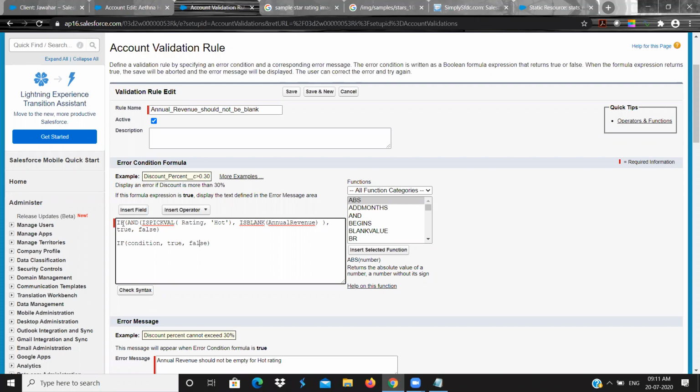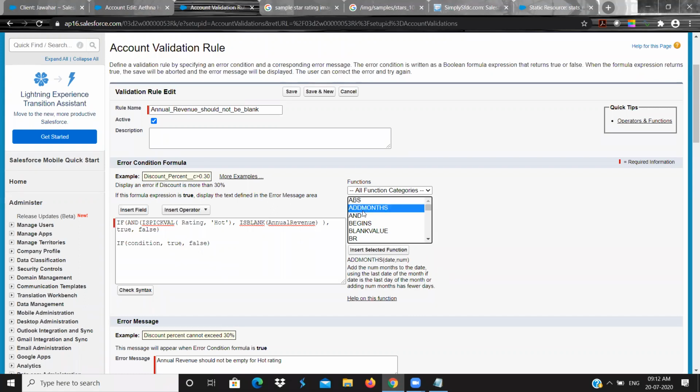Here I am giving it as true. True means it will display this, it will go to this area. False means it will go to this area. Sometimes you can have any text also, that is not a problem, but you need to satisfy the condition. I mean, you need to write the syntax properly. If I give any text here, it will not be true, so it will not satisfy. That is the reason I have left it like this. It is the syntax of the if condition.